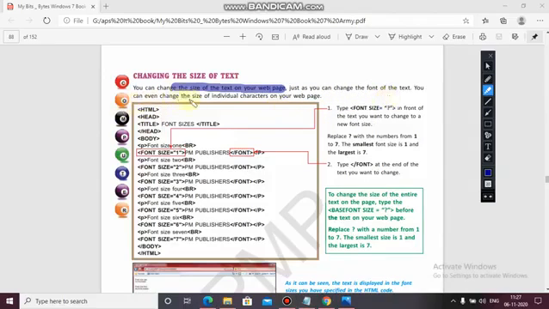You can even change the size of an individual character also, a single character. So for this you have to use a size attribute with the font tag. 1 will be the smallest value and 7 will be the largest value. Okay, so let's see this also, whether it gets changed or not.